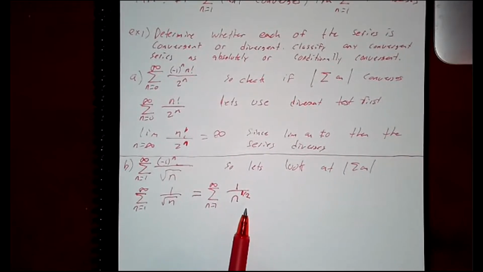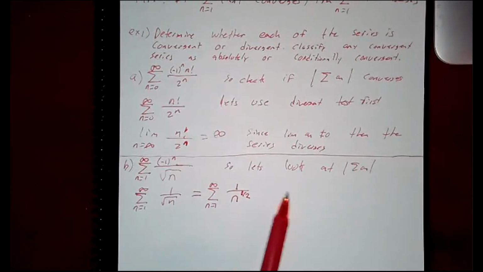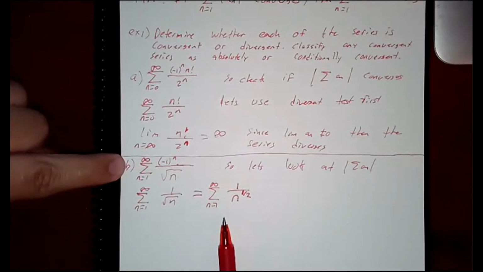I believe it diverges. Yeah, if P is technically greater than 1, or excuse me, sorry, if P is greater than 1, it converges, and if it is less than or equal to 1, it diverges. Right. Yeah, that's correct. So this guy technically diverges, but it doesn't really tell us anything about the alternating piece,